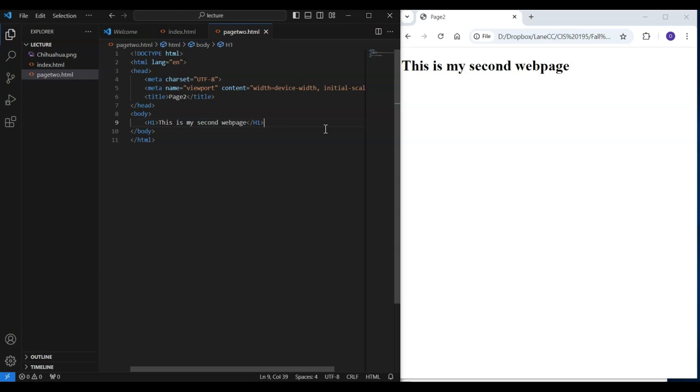Next tags we're going to be talking about are lists. So lists are groups of information. There are two types of list. We're going to go ahead and start off with the first type, which is called an ordered list. So this tag is an OL tag. So an ordered list